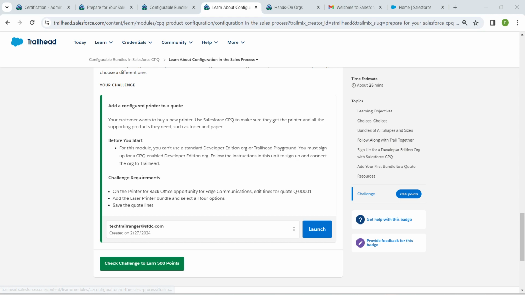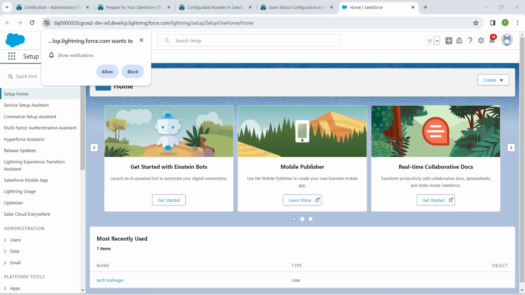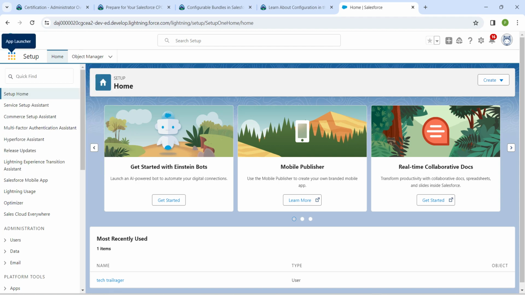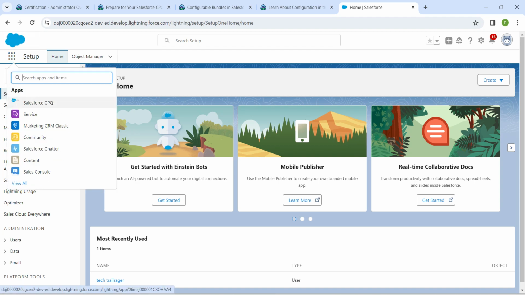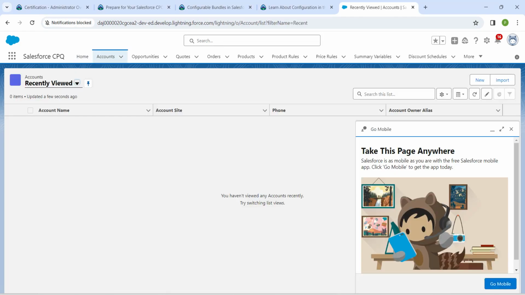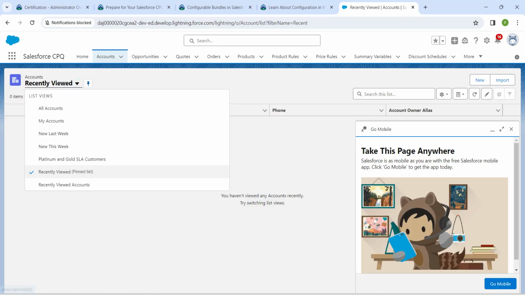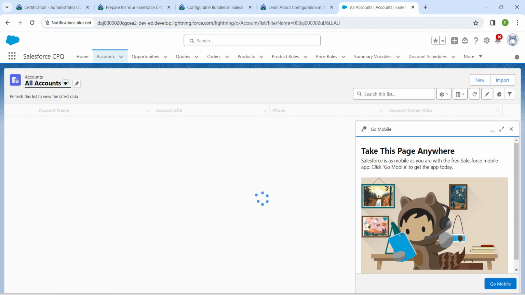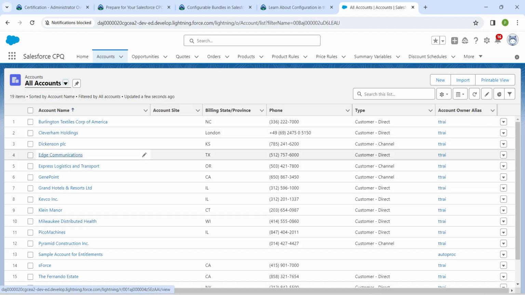And now if you see right over here, our playground has been fetched, and now I'm just going to click on launch. We can close all other tabs right over here. So guys, now I'm just going to click on app launcher. Here we are just going to search for Salesforce CPQ, which is right over here. Once you get the result, just click on it, and here let's go to our accounts tab. Let's change the view to all accounts. Once it is done, we are just going to click on this Edge Communications,